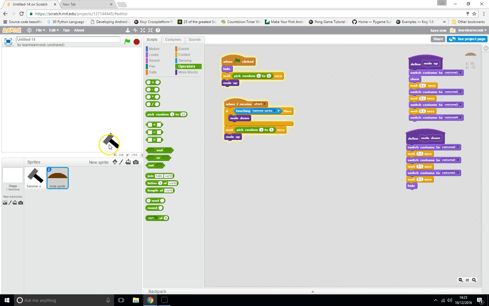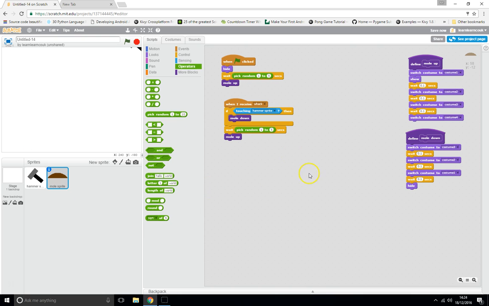Let's have a look. Wait 5 seconds. He pops up. We hit him. He goes back down. Waits a random amount of time. Pops back up. Perfect. Excellent. Good. So, brilliant. When I receive whack, let's put him back down. Good stuff. Which is great. But now what we need to do is, we've got the whacking up and down. We could duplicate our moles at this point and add some more, but there's a little bit more code we've